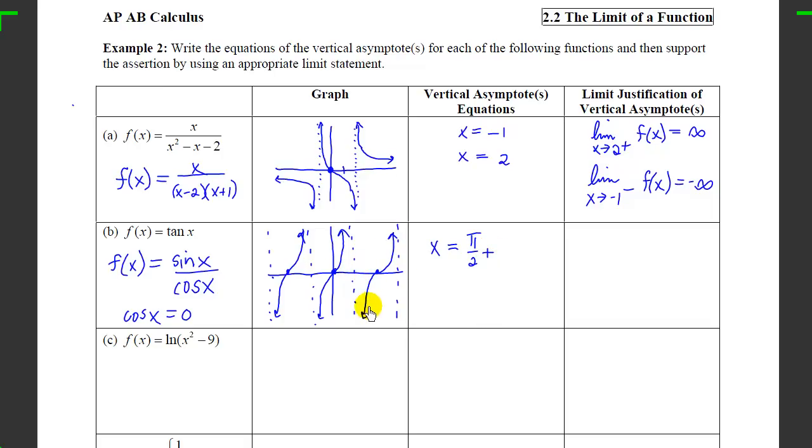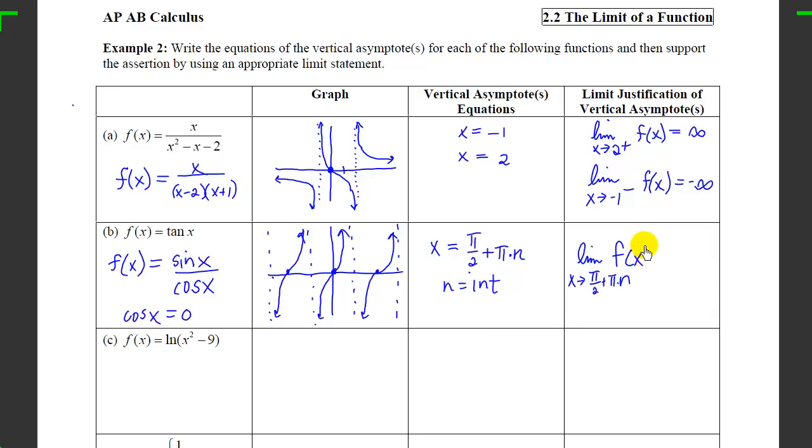So what is the period of the tangent curve? It is 1 pi across from each other. So we can do a pi times an integer. So at every single one of these places we are going to have a vertical asymptote. We can write the limit statements for these by saying the limit as x approaches any of these. We should probably say that n is an integer